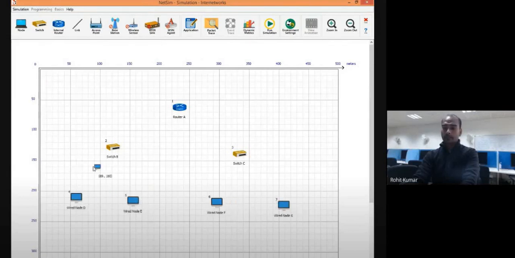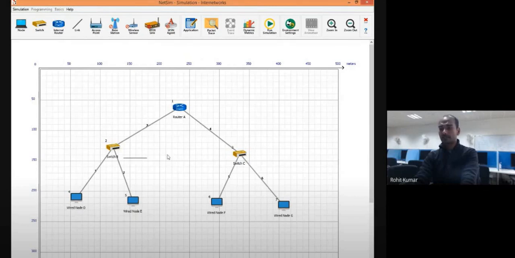We can take a single node and directly connect it with the router also, because it is also an interconnecting device. But I am showing you just a simple thing. A standard network configuration is like this always. Someone was asking what the difference is between a switch and a router. It is the base layer, the MAC layer, and the router is sort of the IP layer. You can understand it like that.